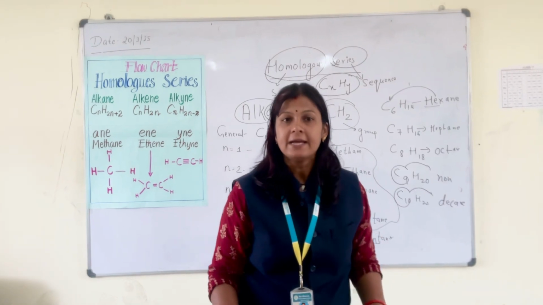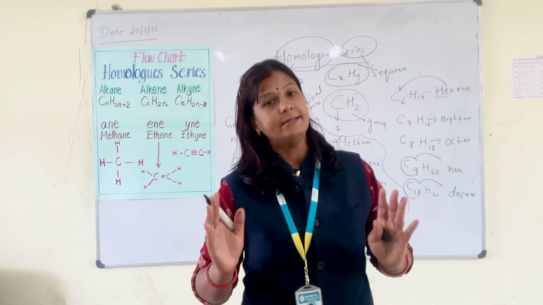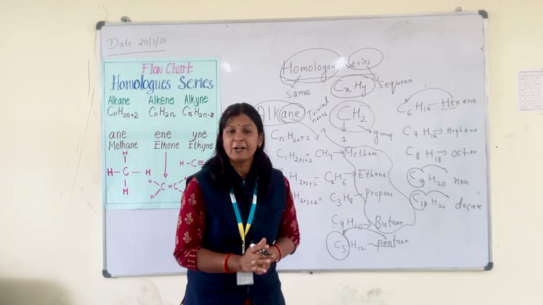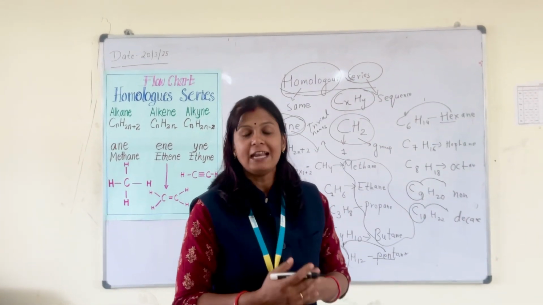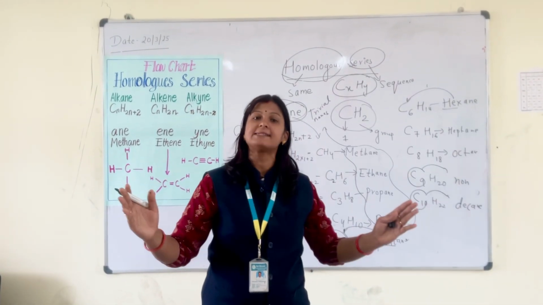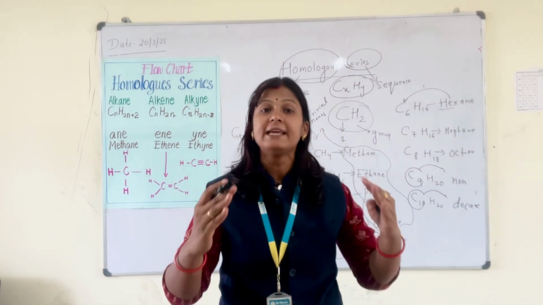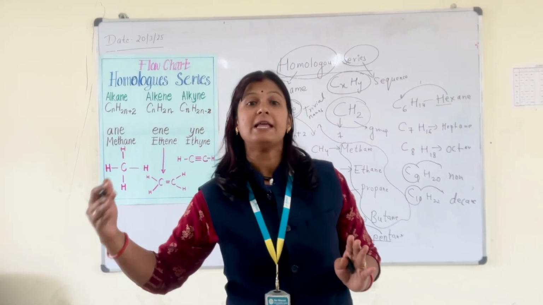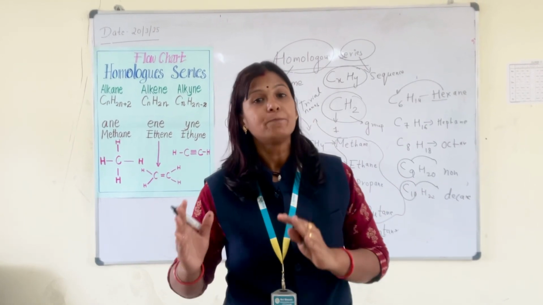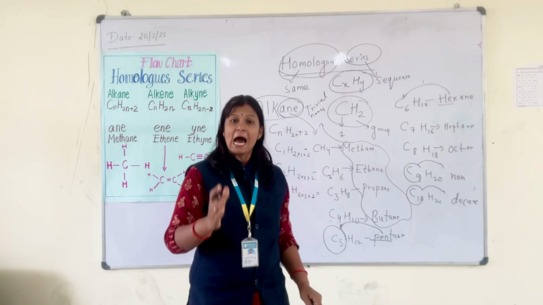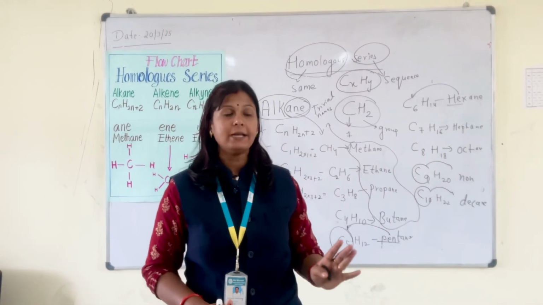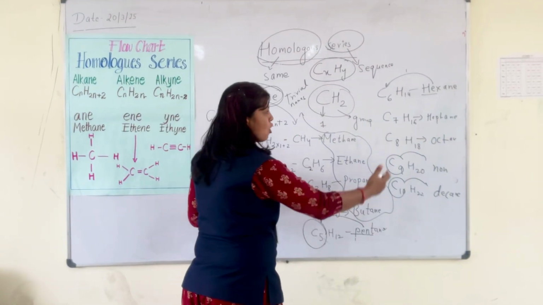Alkane is nothing but a marshy gas or natural gas. It is an aliphatic carbon compound. What do you mean by aliphatic carbon compound? An aliphatic carbon compound is a carbon compound which forms a chain structure, not a ring structure. Ring means it will come in the aromatic form. Chain means it is termed an aliphatic carbon compound. So alkane, alkene and alkynes are completely derived from aliphatic carbon compounds. Now you already know all the names.